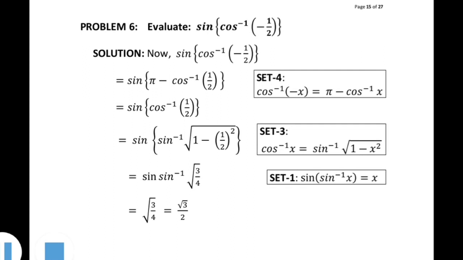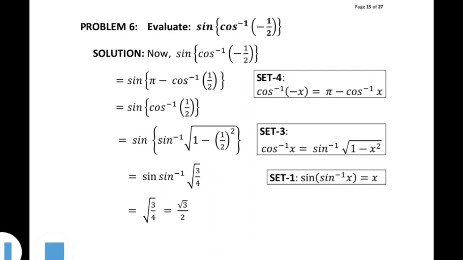So problem 6, evaluate sine of cos inverse of minus half. So take the given expression first. Here we have to apply one most important formula from set 4, which is cos inverse of minus x equals pi minus cos inverse x, which is written in the box. So accordingly we get the second step as sine of (pi minus cos inverse half). So here if we apply the formula, we get sine cos inverse half, and accordingly here we have to apply another formula from set 3, which is written in the box in the right hand side,